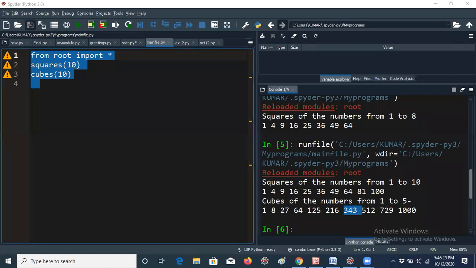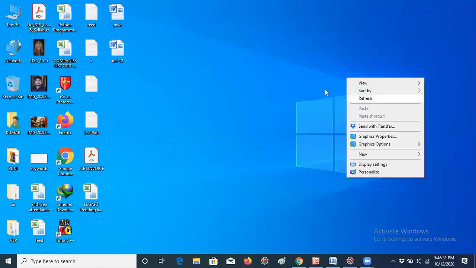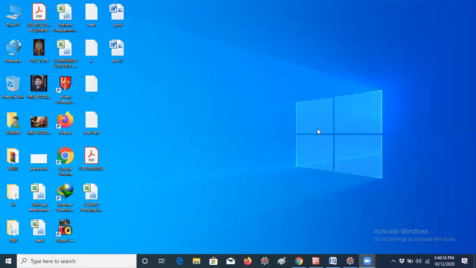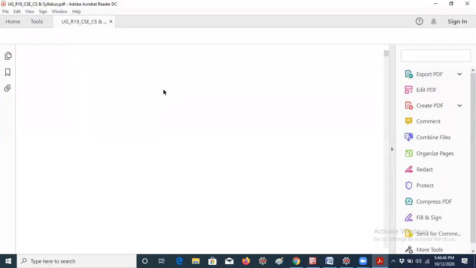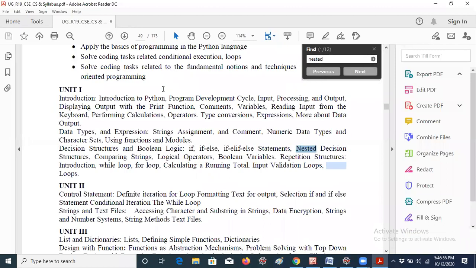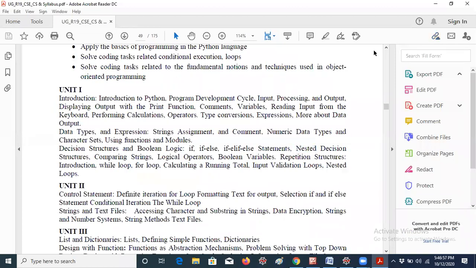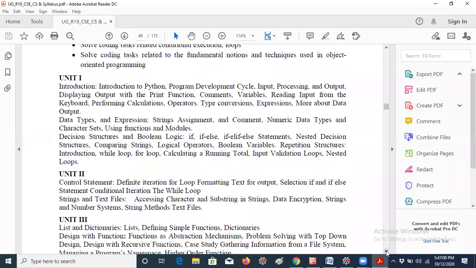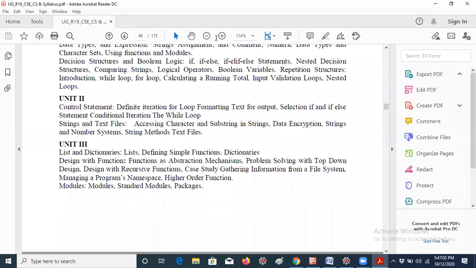Okay, so today I would like to move to the next concept. So actually, you know that we have the last concept, how to create packages in Python. But before going to that, according to our syllabus, we have standard modules in the last but one topic, in unit 3. In standard modules I have already discussed in the last class. We have math module and operator module. You just study those concepts, guys. Nothing needed. Here it is a standard modules concept.